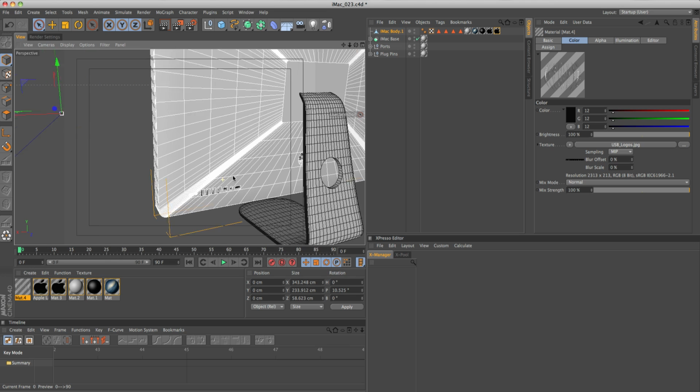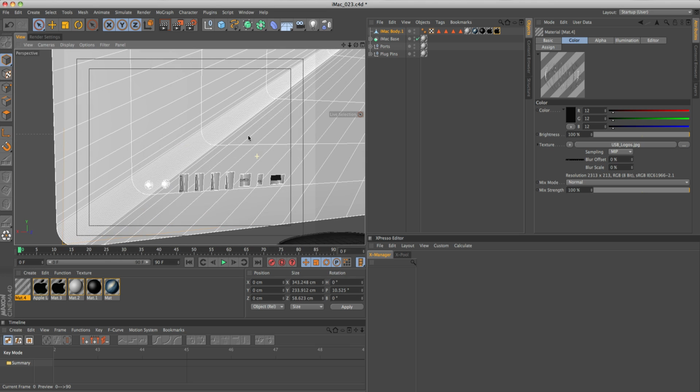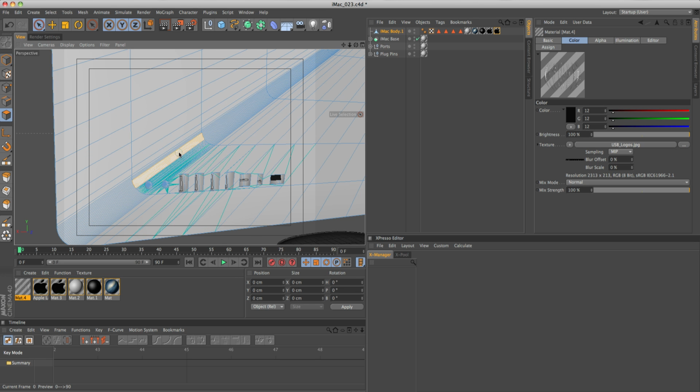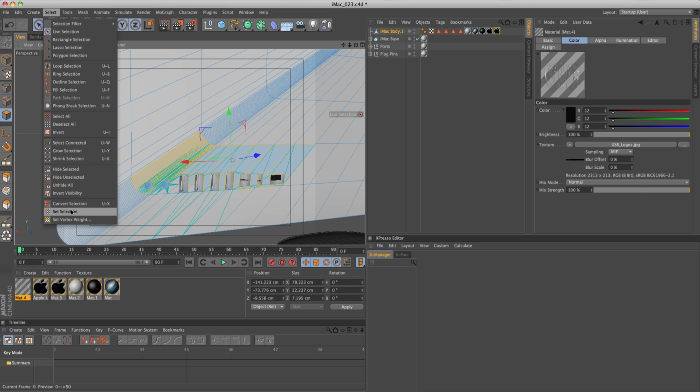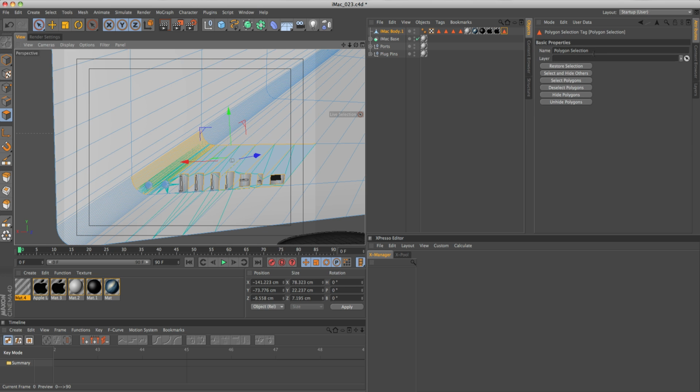And now what we can do is, if we come into our polygon mode and then select these pixels above the ports, and make sure we don't get any of the inside of the port, so you just want to select these, and then we want to come up to select, set selection, and then we're going to call this USB logos,